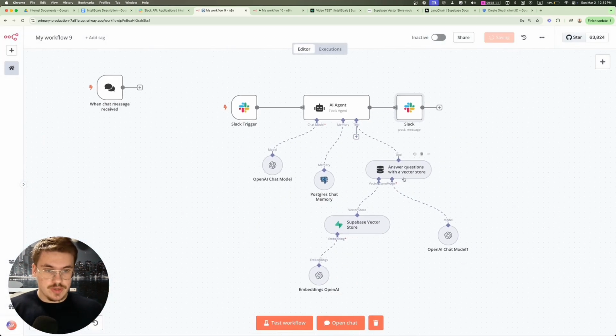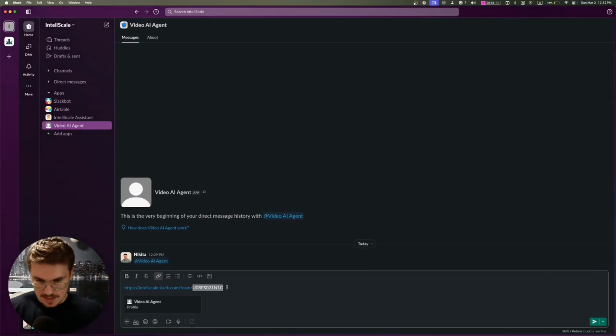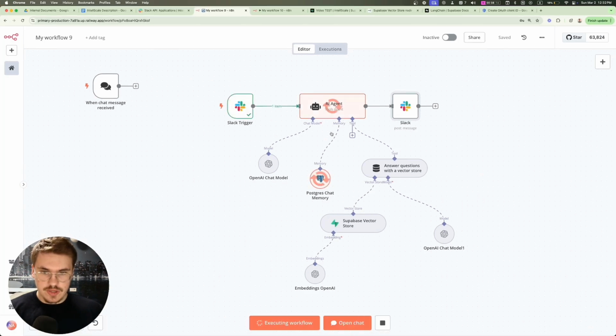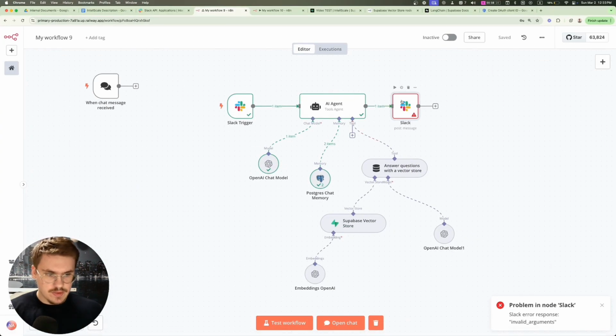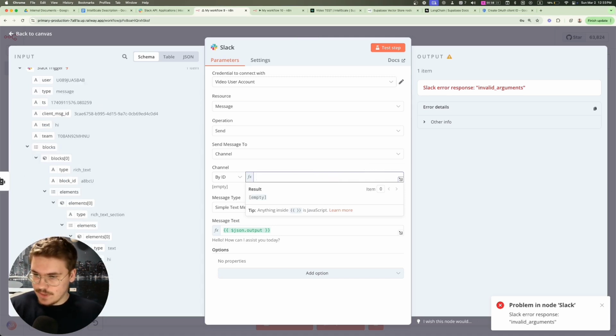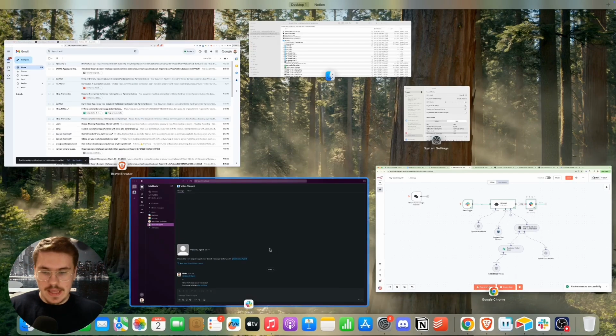Now what we're going to do is just test it. So let's click test workflow. Let's go to Slack. Let's send it a message. Let's say hi. And now as we see, it should be triggered. It's going to load up a message and we get an error. Let's see. Oh, cool. I guess instead of the channel ID, we just need to load up whatever they have. Oh yeah, instead of the channel ID, instead of ID, it's going to be called channel. So put it right here and we can click test step on this module only, and then it's going to